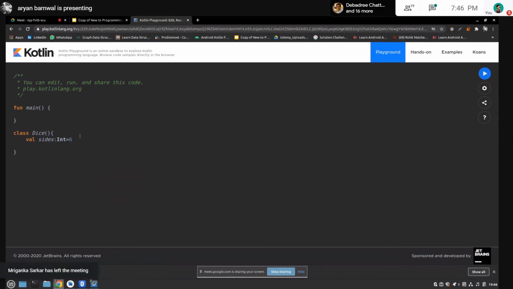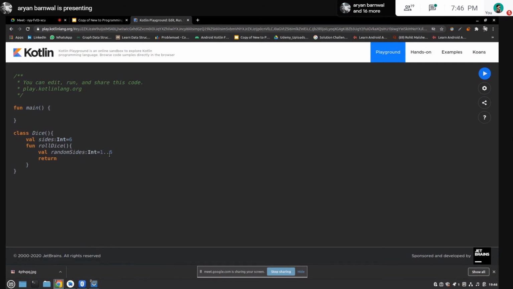What does a dice do? When you roll a dice, there is a chance of getting a side from 1 to 6. You can also specify ranges in Kotlin like this. I will first write a function here, fun rollDice, and it will contain a variable, val randomSides equals 1..6. What this 1..6 signifies is a range: randomSides contains all the integer numbers between 1 and 6.